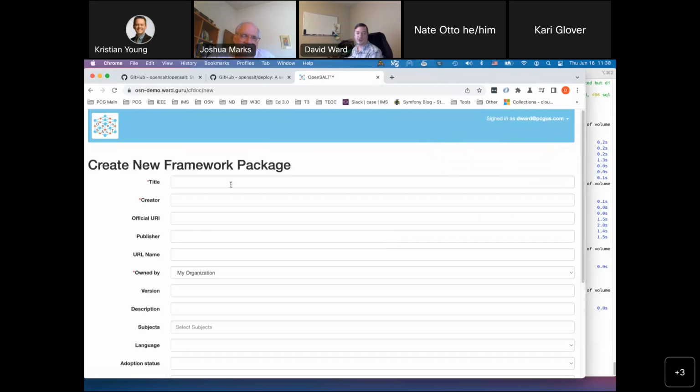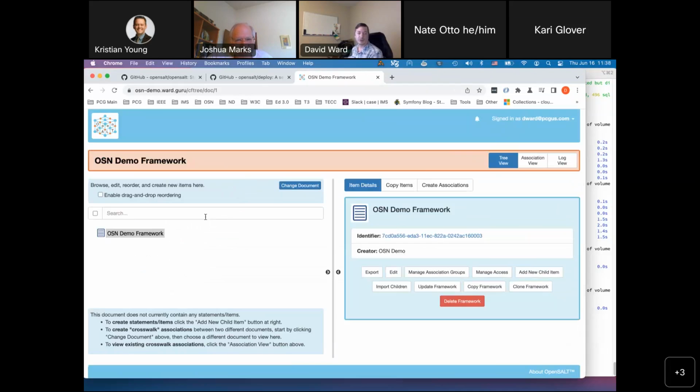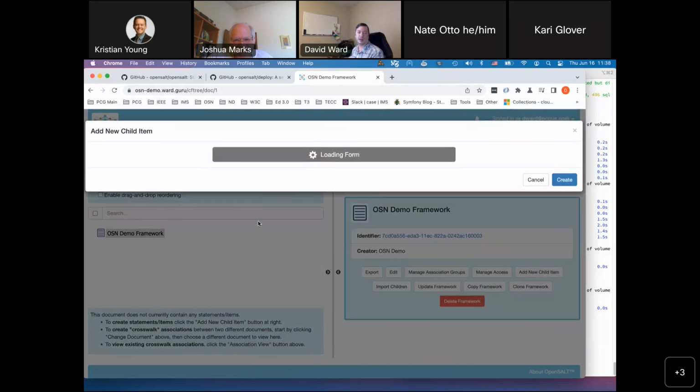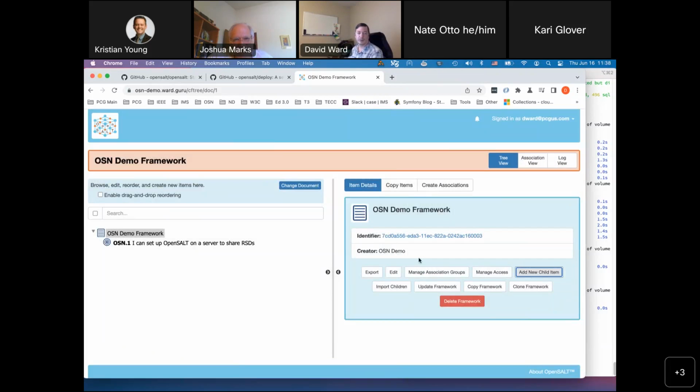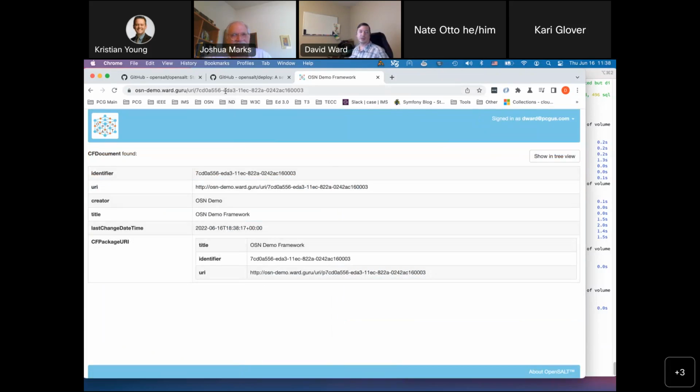And there's an API. We can try creating an initial framework here. Yeah, good. And those are the only two fields that are actually required for a CASE framework. So to do that, add a child item. Add a child item. Often encoding scheme, create it, and at that point, now here's a link to the shared framework. So in under 10 minutes, we stood up an OpenSALT server and published our first RSD,